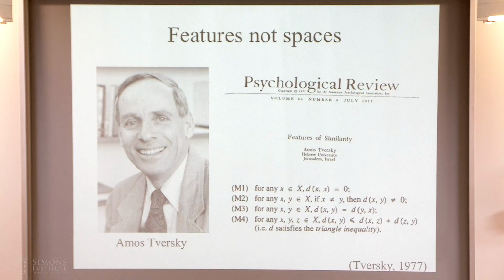And he wrote this paper called Features of Similarity, which basically said, if people's similarity judgments are based on the distance between points in a psychological space, then those similarity judgments should obey the metric axioms. And so what we can do is look at whether people's similarity judgments violate the metric axioms as a way of testing whether that assumption about the nature of similarity holds. And so what he did was systematically take each of these axioms and then find examples that violate them.